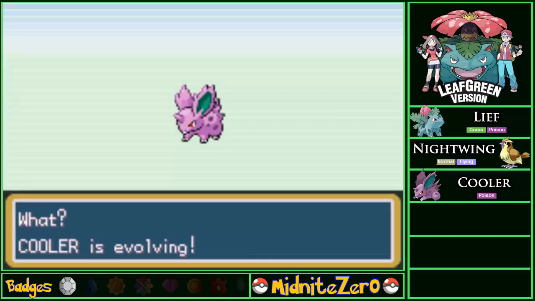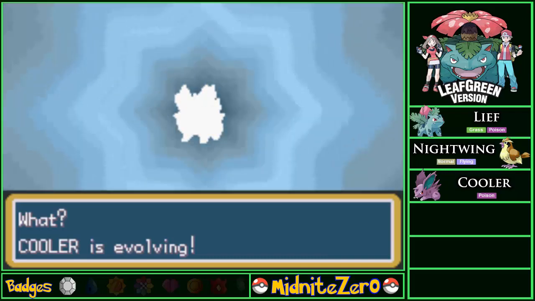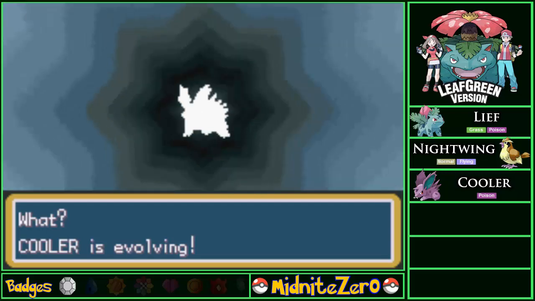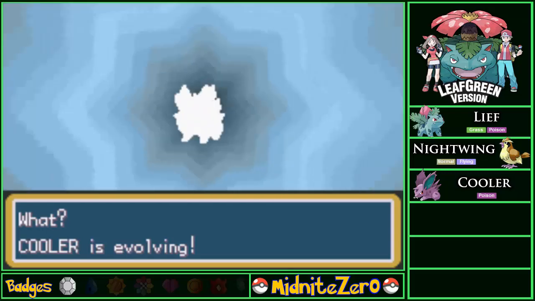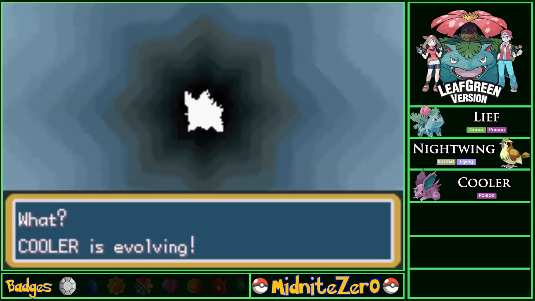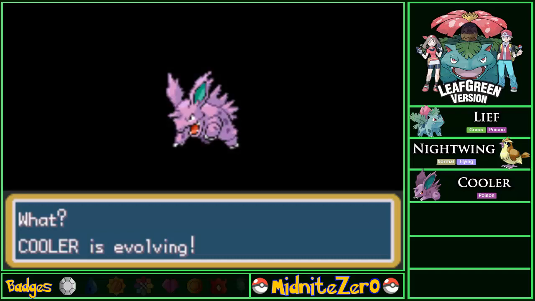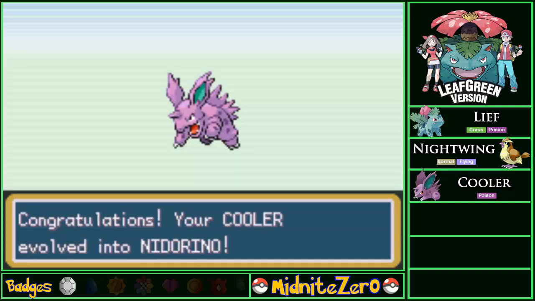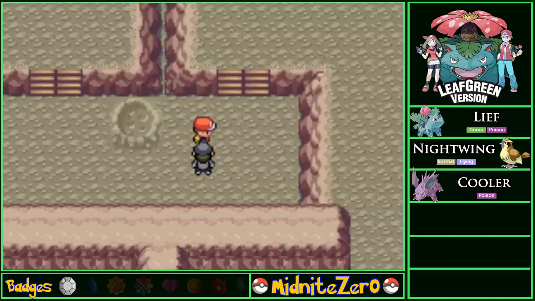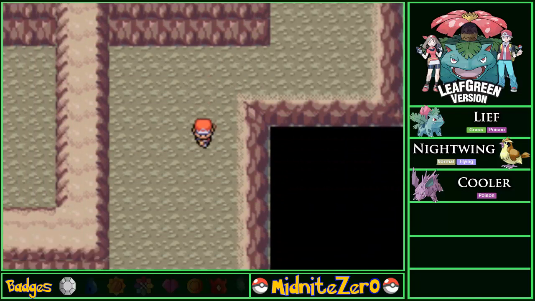Whoa, wait, what? Cooler's evolving? Is this Cooler's second form? Yeah, that's exactly what it is. It's gonna be super powerful. And ladies and gentlemen, we have ourselves a Nidorino. Nidorino looks like such a boss. It's so cool. Like a rhino, now that I think about it. But,